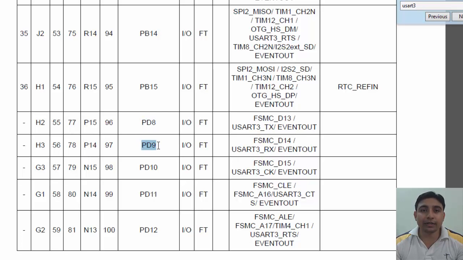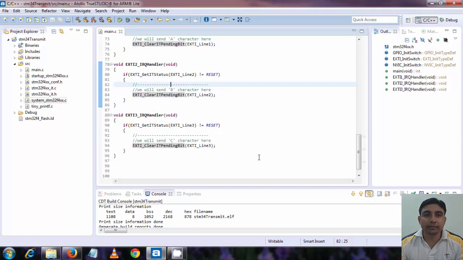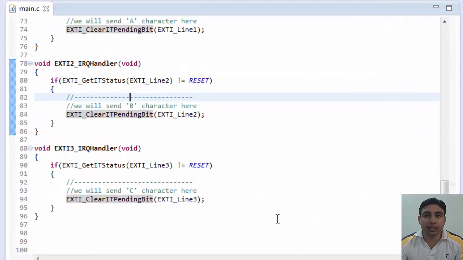Okay, so now we have decided USART3 and then pins PD8 and PD9. Now we can start writing the code for initializing the USART3 peripheral. Let's get back to our program. We will use USART3 for the UART communication, with the PD8 pin for transmit and the PD9 pin for receiving.